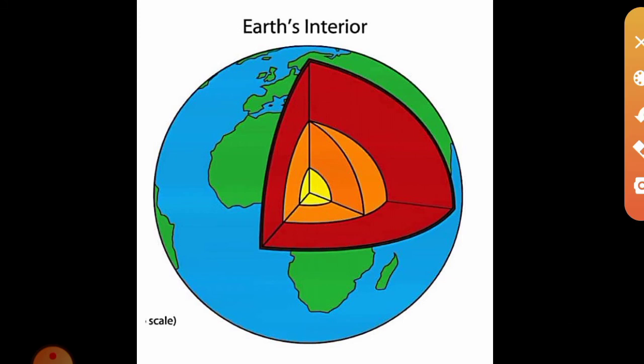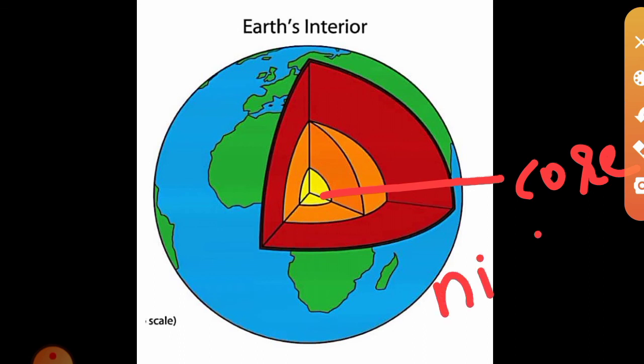Then inside that mantle, the innermost layer of the earth is, yes, given in this orange color. You can see that orange and yellow color. Both these layers form the core. So this is the innermost layer, and the main minerals seen in this particular area of the earth are nickel and ferrous. That is why this layer is known as Nife. Ferrous means iron. Nickel is another important metal. So nickel and iron are seen in abundance.